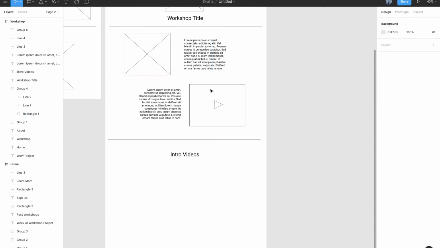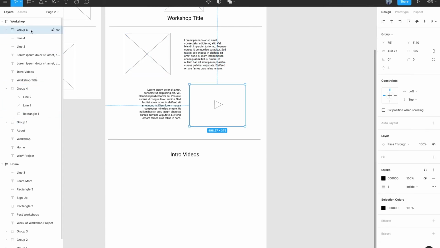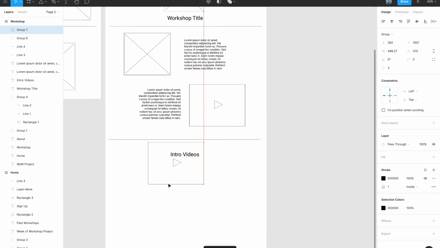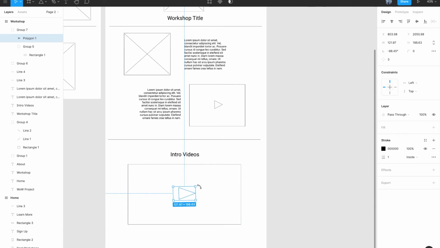After that, there will be some images and videos that sit side by side with the description paragraph as well. Lastly, there will be an intro video for the workshop. We will put a rectangle there to signify there will be a video embedded here, where the visitor can easily see the organizer of this project.